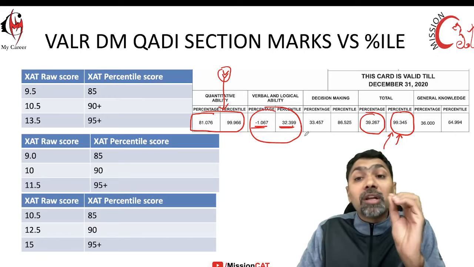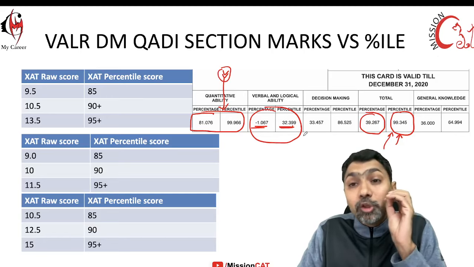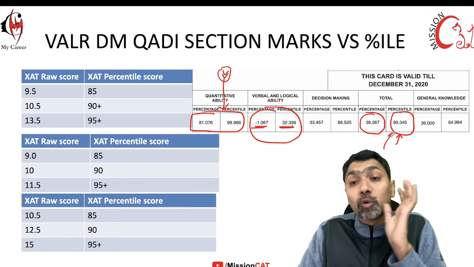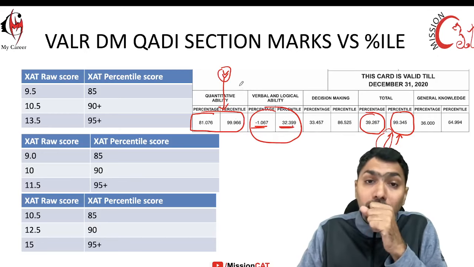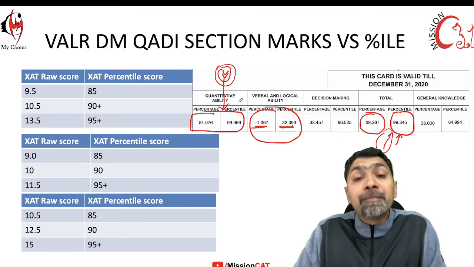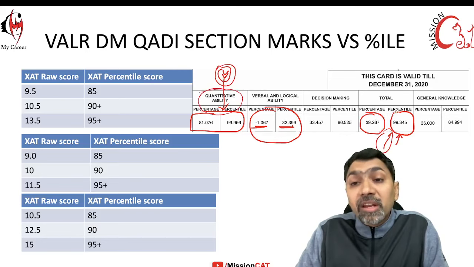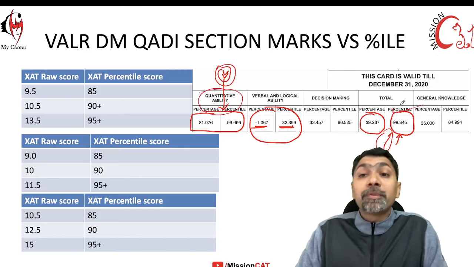And many colleges, they don't look at the individual cutoffs, they just look at the overall score of XAT, right? So if you are weak in a particular section, you can spend a good amount of time on another section and get a very high overall percentile. In CAT this is not possible, because you have 40 minutes, so you cannot give verbal time to quant, or quant's time to verbal, or more time to DILR. But in XAT you can shuffle around the sections, and this is a big change, right?